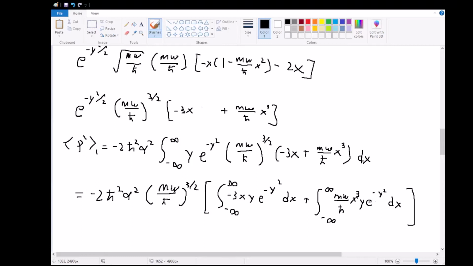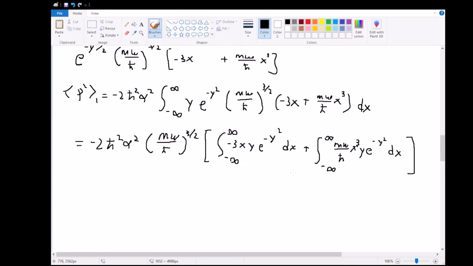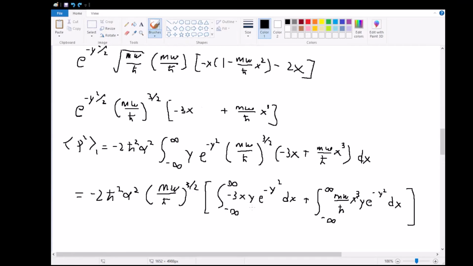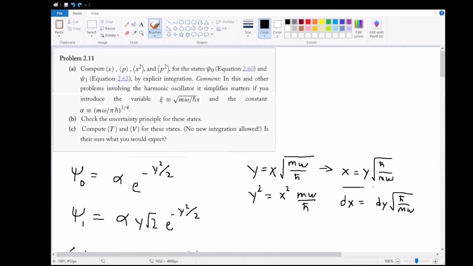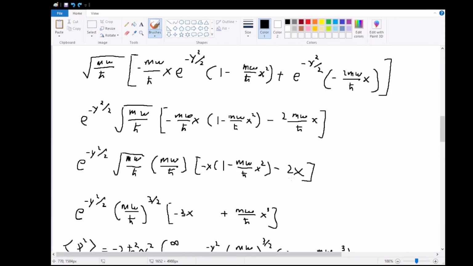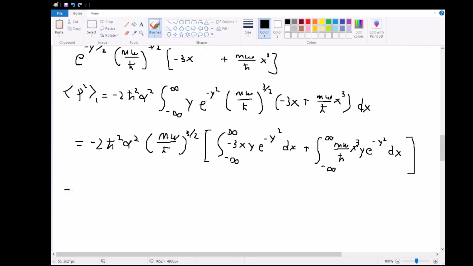Yes, everything should be right at this point. And from that point on, we just have to do the same integrals all over again. So let's start by converting these both to dy. We know that all the x terms and all the dx terms convert with factors of square root of h bar over m omega. So this equals the same constants at the front